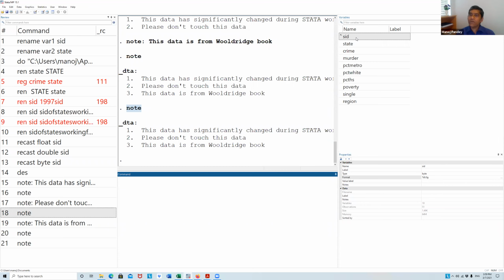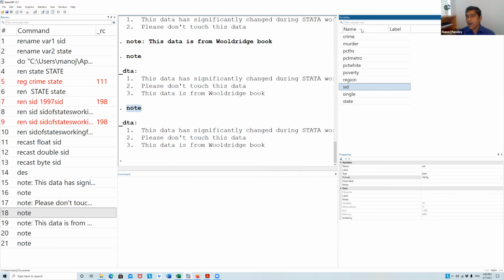So many people can think of this SID variable in a different way, because there is a confusion here. To avoid that confusion, you can have this label here. If you write here what the meaning of SID is, it will be easy.